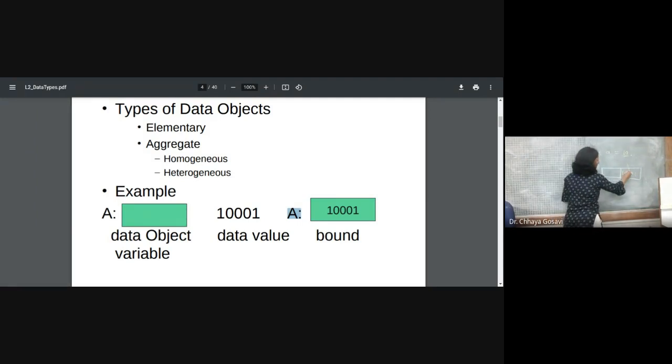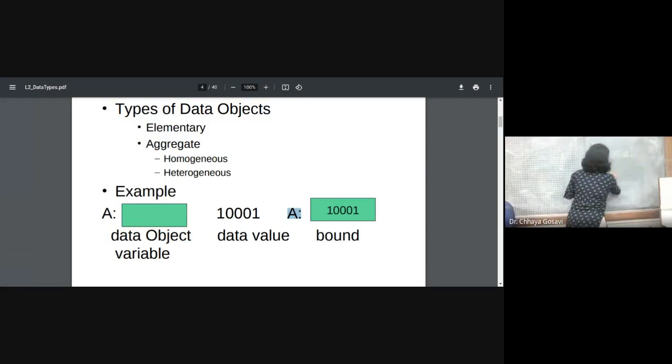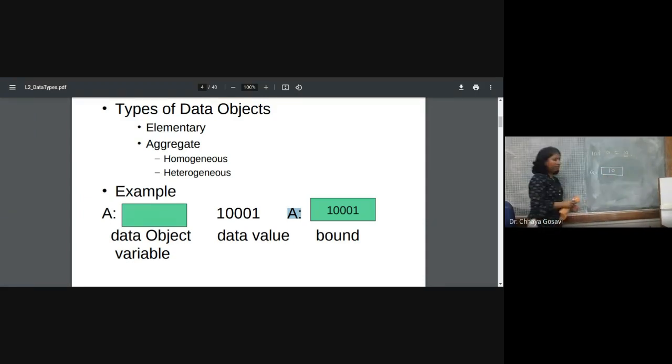This is the data value. Instead of showing you the binary value, I'll just show you a decimal value. You assume that these are 2 bytes. 10 is a value, and say this is a memory location, or the address of the memory location in hexadecimal form.